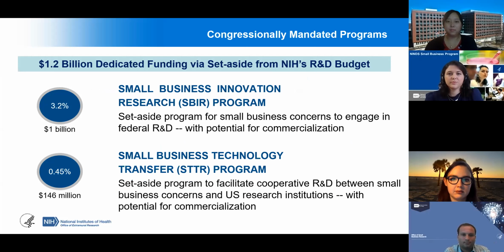Now we have $1.2 billion dedicated to small business research and development. That's a lot of money, and it predominantly comes through these 2 programs that you see here, the Small Business Innovation Research Program and the Small Business Technology Transfer Program, or SBIR and STTR. Now you'll often hear federal employees talk about the SBIR program, and we tend to use that as shorthand for both of them,